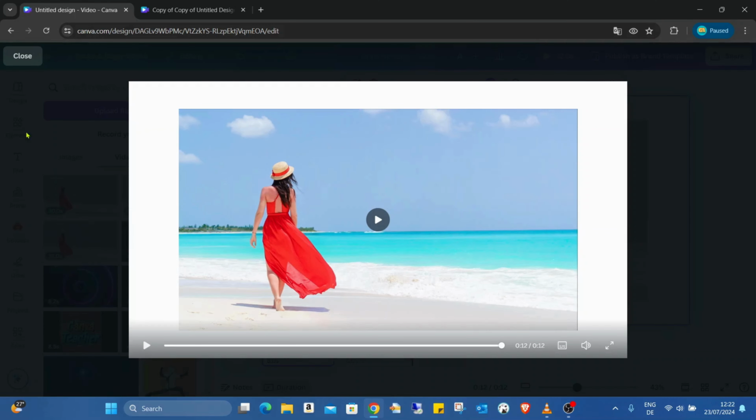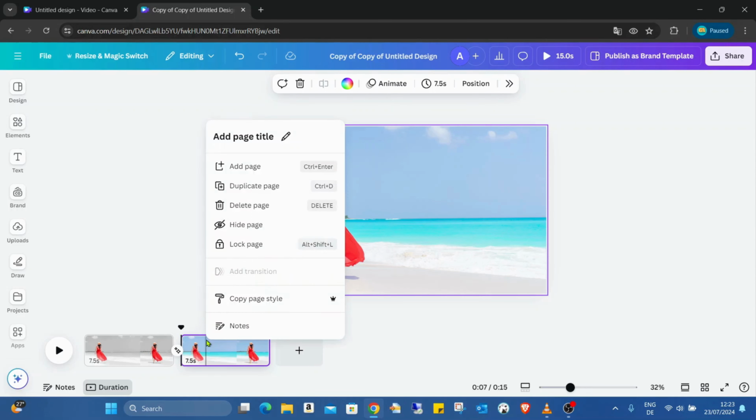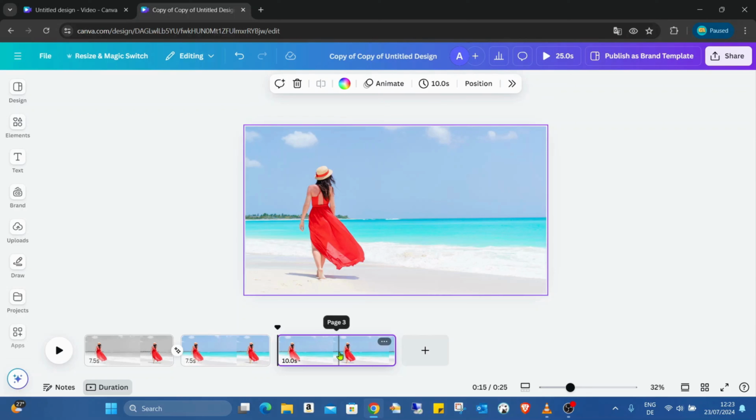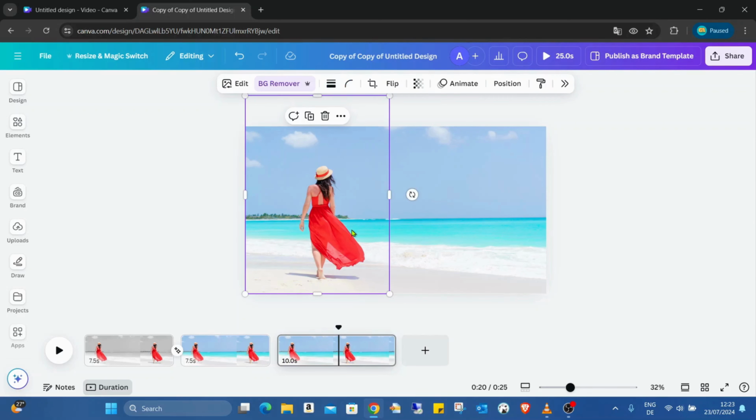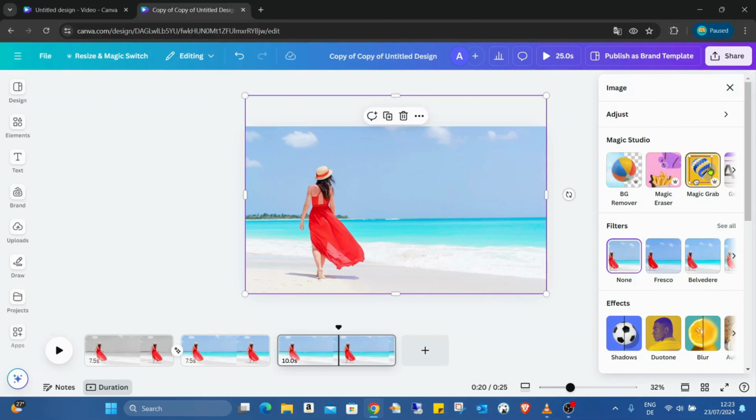So first I'm closing this video, going to the next page. Here I already inserted the two pages from my previous tutorial. So I'm just going to duplicate this second page, removing this small picture without the background, and here I'm going to select the picture, go to edit, magic grab,